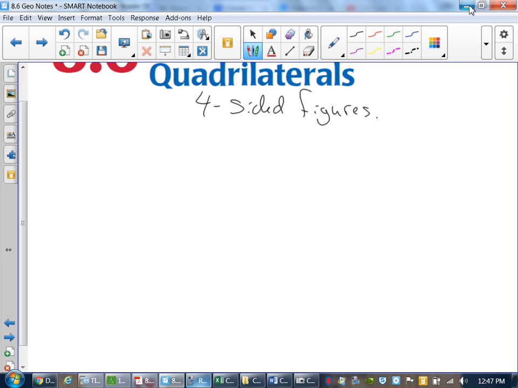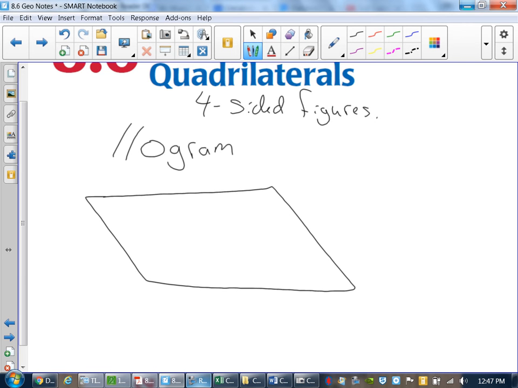From that, we started to talk more and more about specific ones, more special cases. And the first one we talked about was the parallelogram. We started talking about the parallelogram. And within the parallelogram, there were a whole bunch of properties. Like,